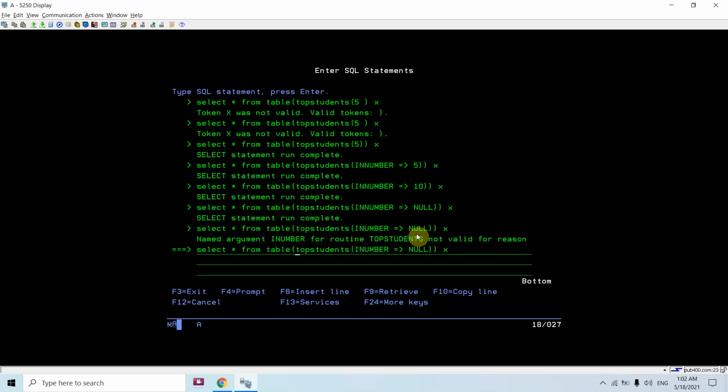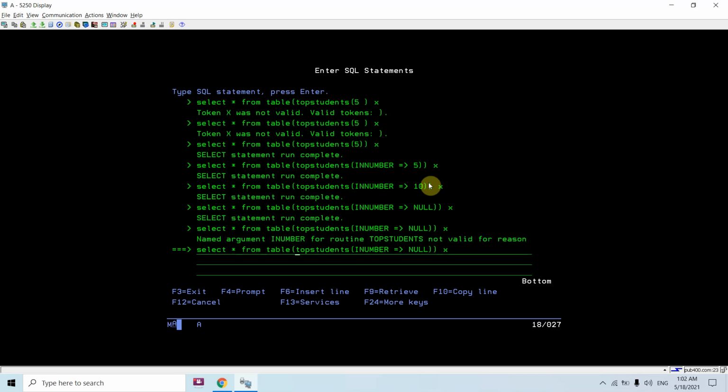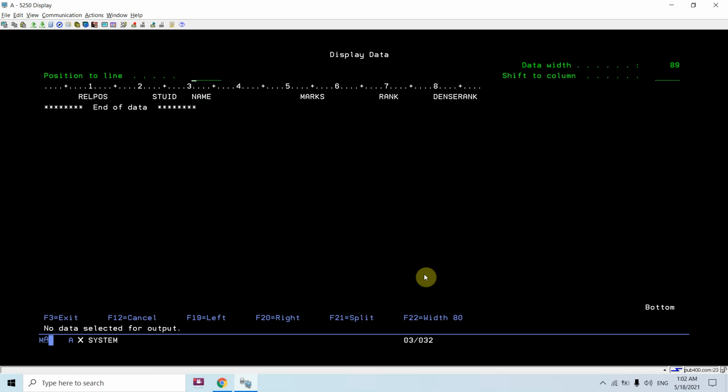If I pass this and press enter, you will see: named argument this for routine this not valid. For reason code 1, the name reason code 1 is this one. The call statement for our function invocation includes named argument IN number which does not exist for routine this. So basically, if I pass INN number which is actually present there, we would be able to call this function.